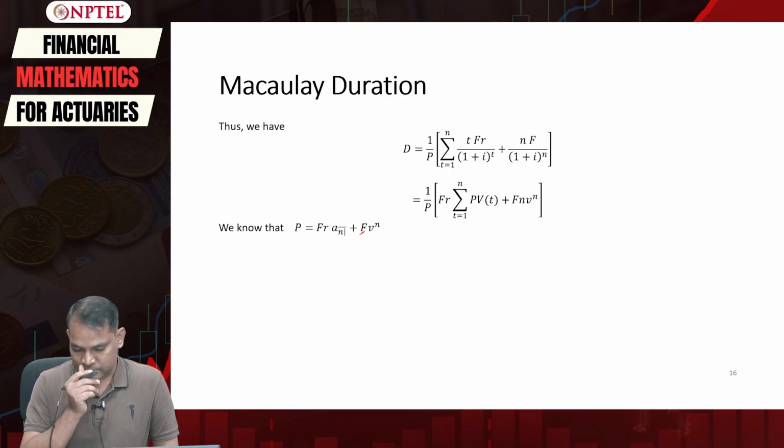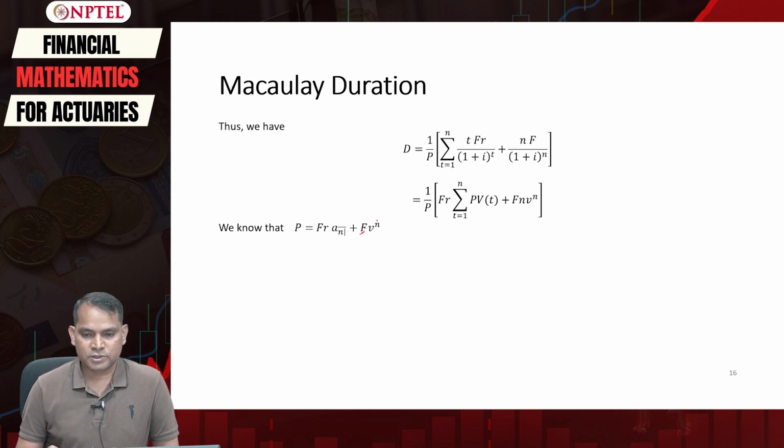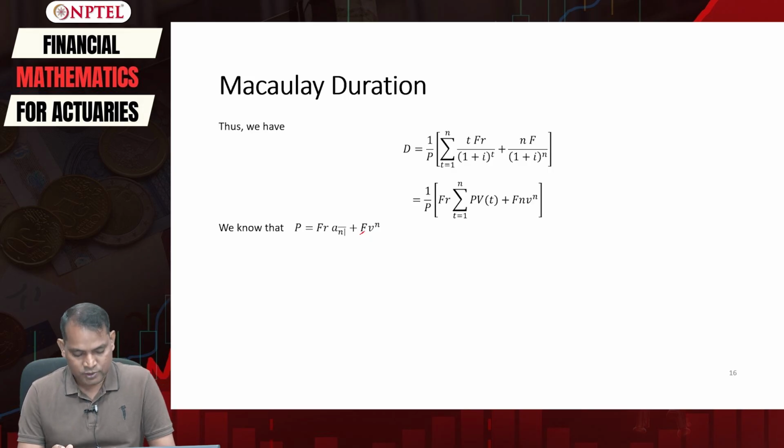F is the face value, which is equal to the redemption value, and therefore the equation, remember I have written it in many ways, right? I have used sometimes m, sometimes c, and now I'm using F here, so don't get confused. So this is actually the face value, which is assumed to be equal to the redemption value, or the redemption value assumed to be equal to the face value.